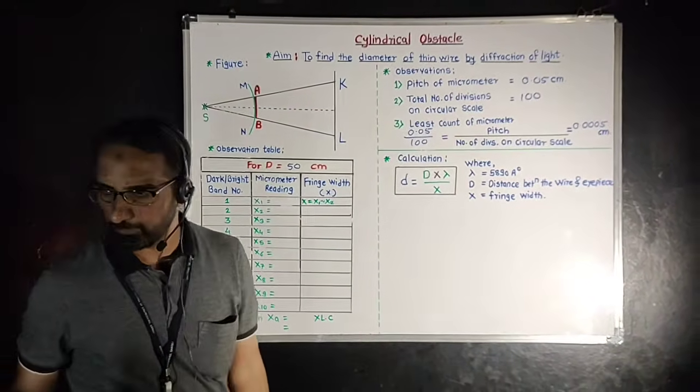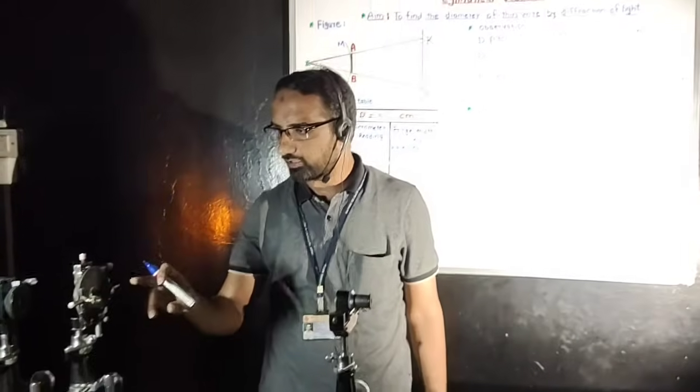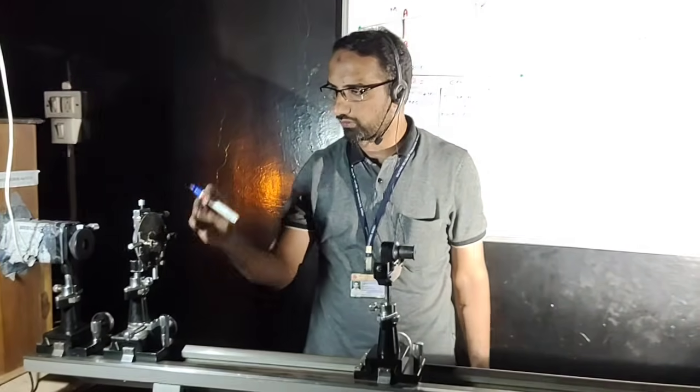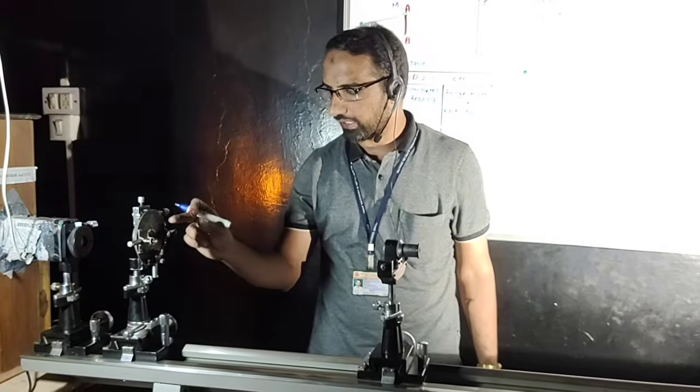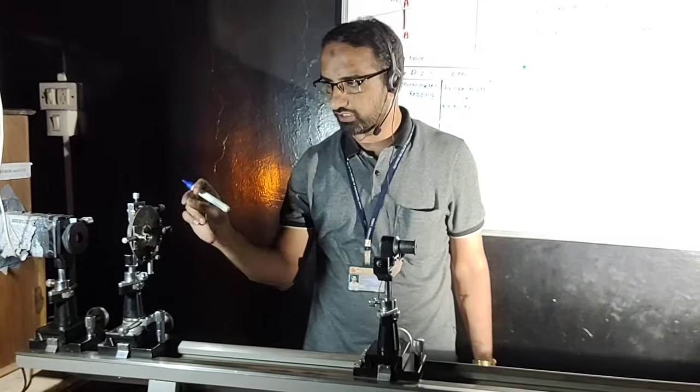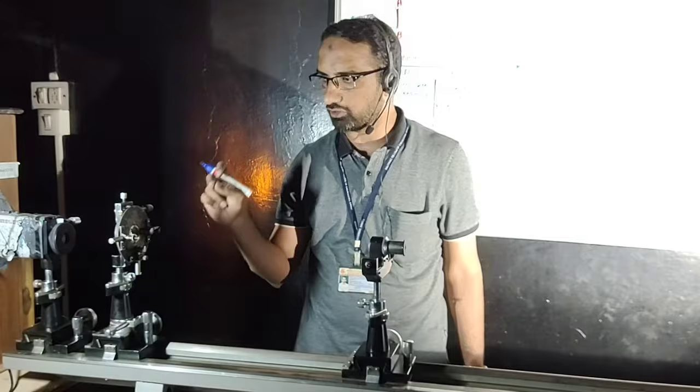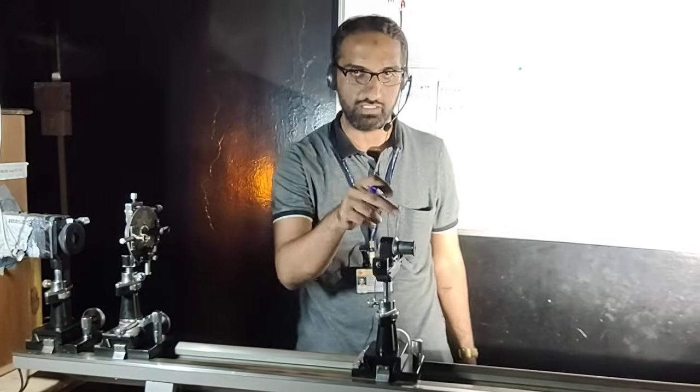Now with all the arrangement, at the same height, parallel to each other and perfectly coinciding with each other, when we see through the eyepiece we get the sharp diffraction pattern. So we'll see through this eyepiece. Please come here. Now we can see the diffraction pattern. I will close this.